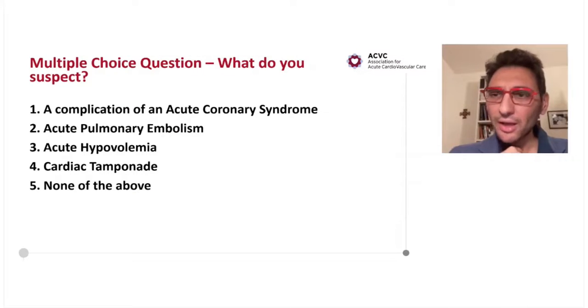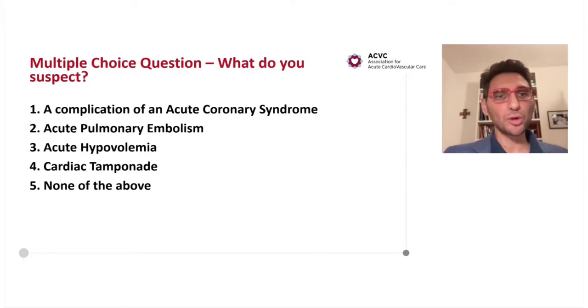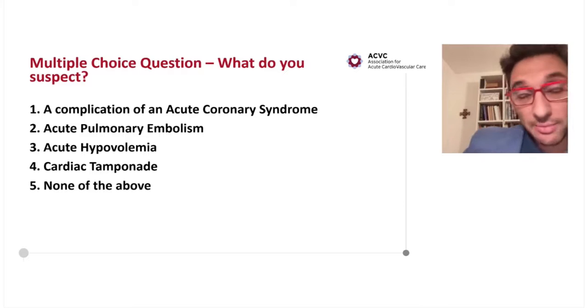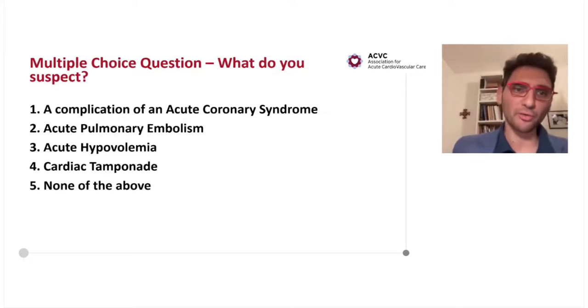Sergio, while they're answering this question, those are really great echo images, and not always so easy to get on the emergency department patient. If you had your choice of where to get quick echo images, what would you suggest to the participants? You mean which projection? Yes, which projection? Sure. Especially in patients who are at risk of cardiac arrest, what I use personally is usually the subcostal view.